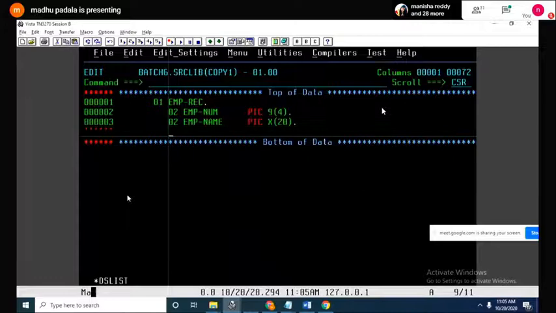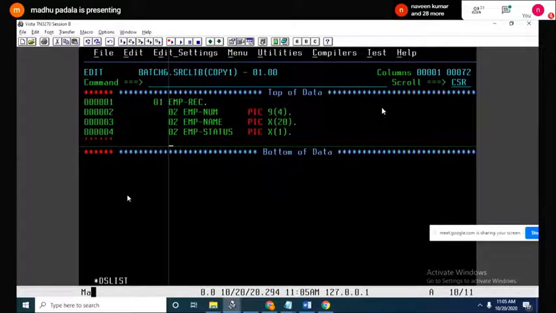Then 02. Do you remember yesterday's layout? Employee number, employee name, employee status. Yes, sir. Picture X of 1. 02 DOJ, date of joining. Yes, you can give EMP date of joining, whatever it is.